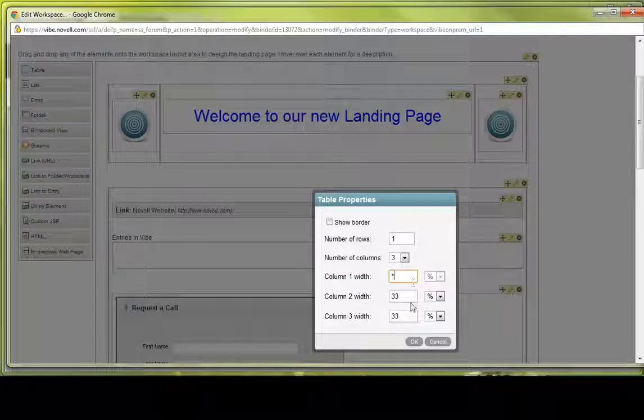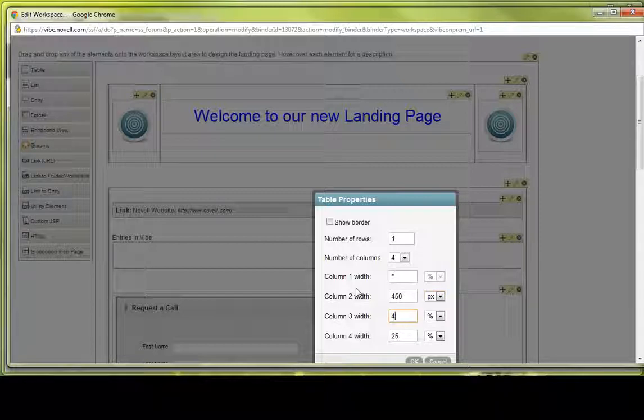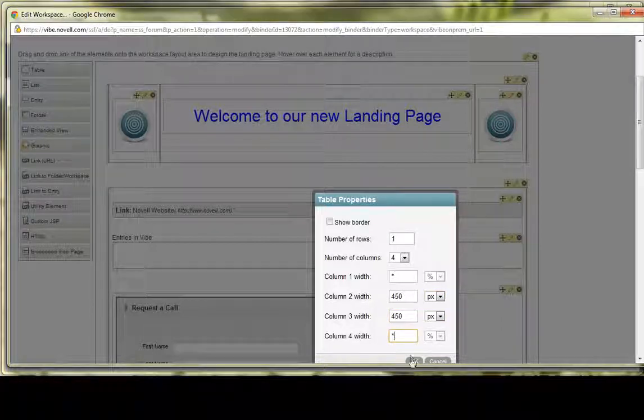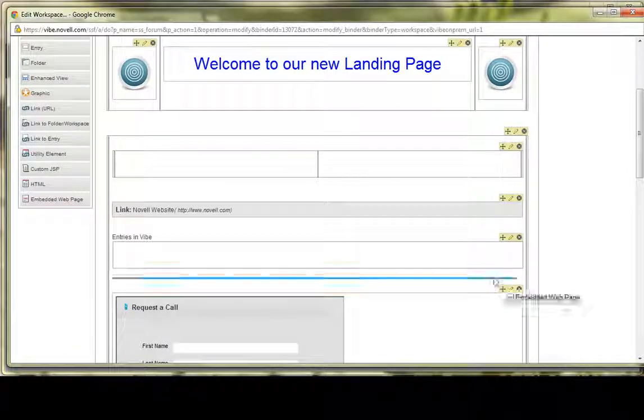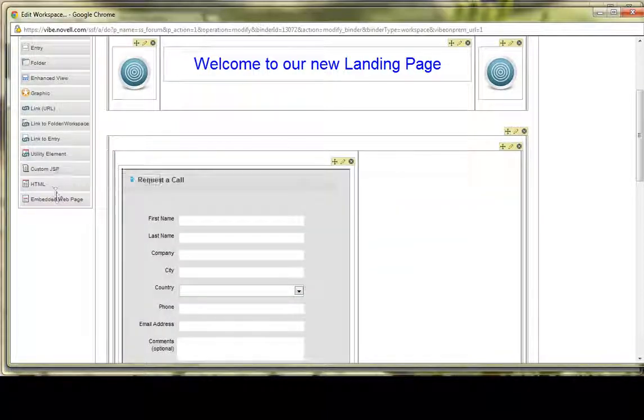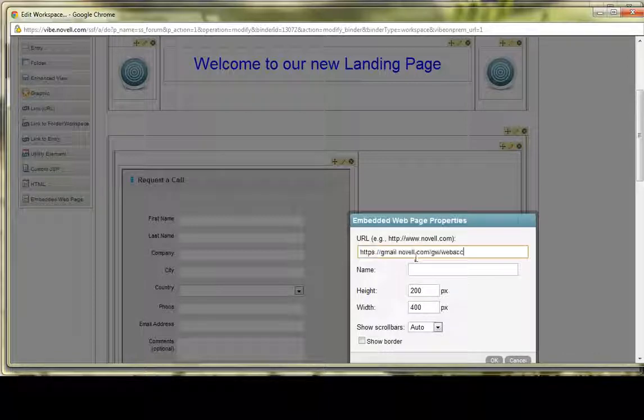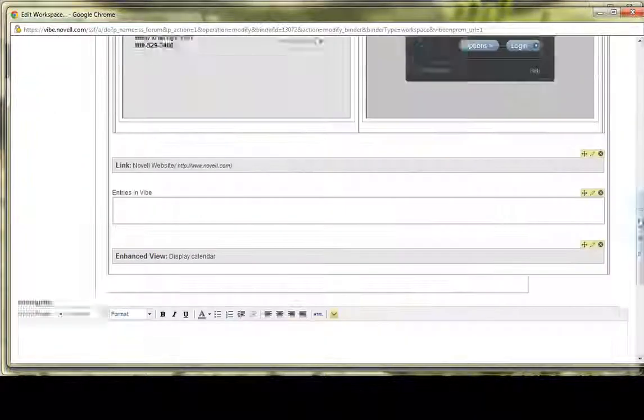I'll set the pixels again at 450. We're going to do 4 columns, 450 pixels, 450 pixels. Click OK. I'm going to drag this up right here. I'm going to drag another embedded web page here. Copy that web access email URL. Give it a name. We're going to set the height to 600 and the width to 450. Click OK. And now on our landing page,